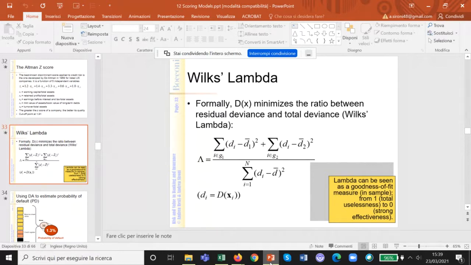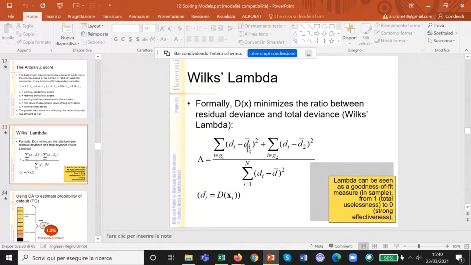So basically, what you see at the numerator is first the sum of the differences between the score of every individual company i and the average value belonging to the group 1, which is the good companies,